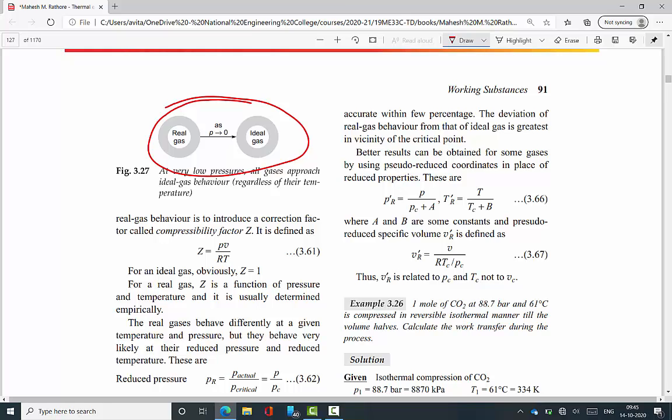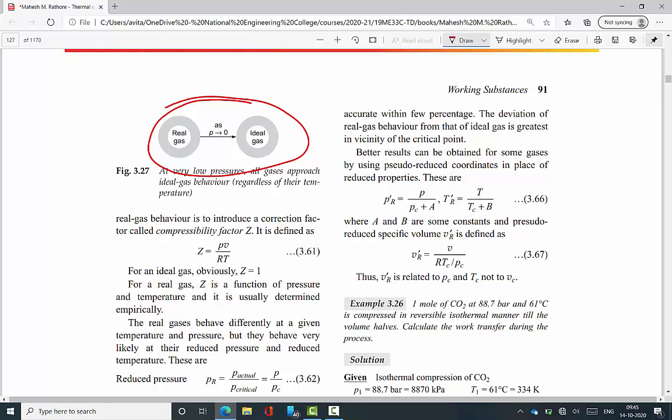Then, to define that real behavior in a mathematical formulation, I introduce one factor, which is the compressibility factor. The word compressibility means compression. Then the Z